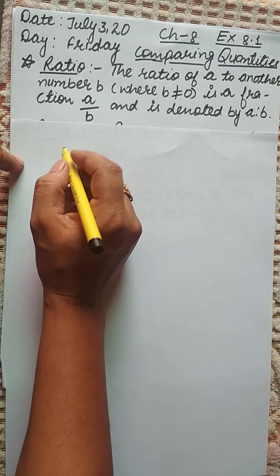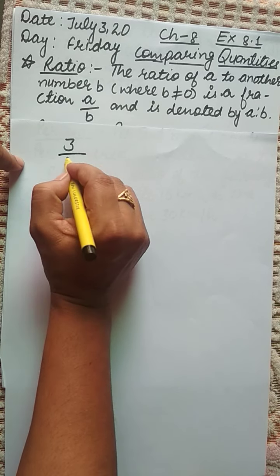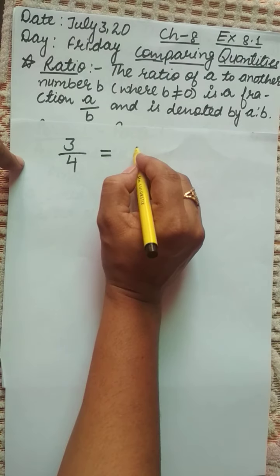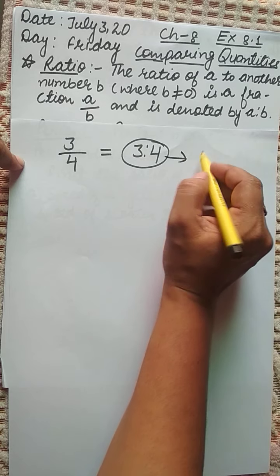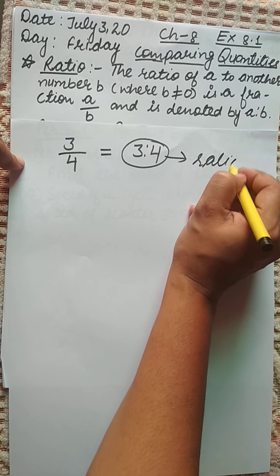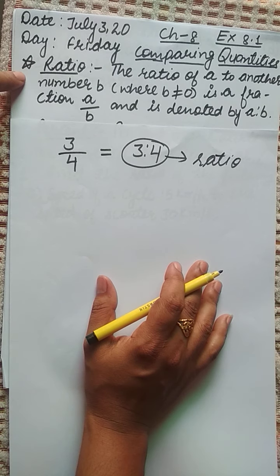Suppose here I have a fraction 3/4. I can write it as 3:4. This is the symbol to represent a ratio. Next one is